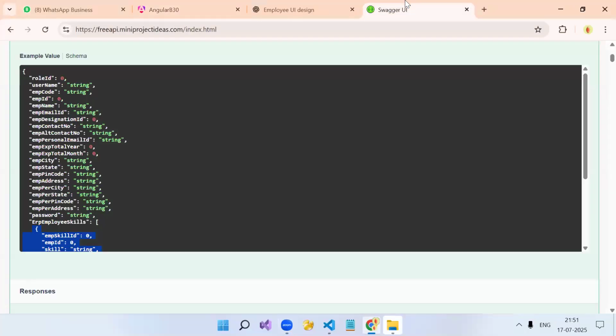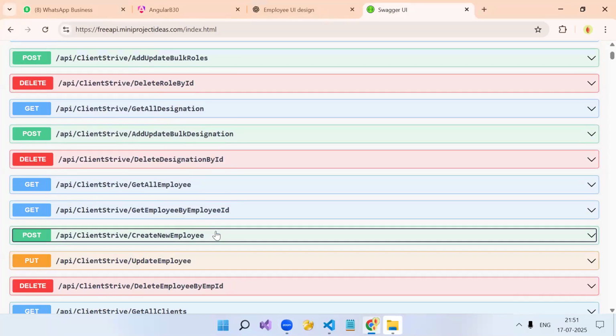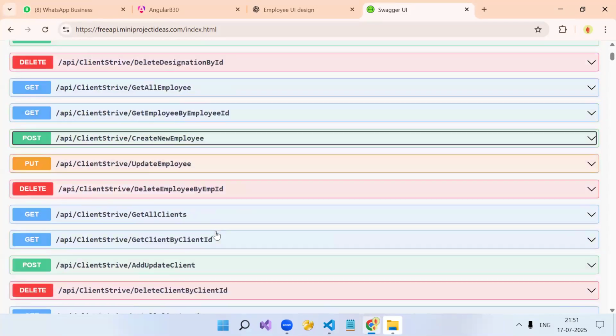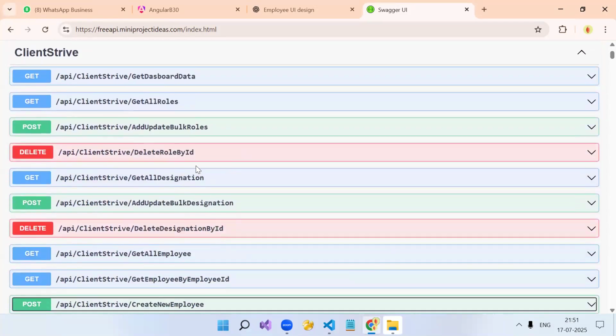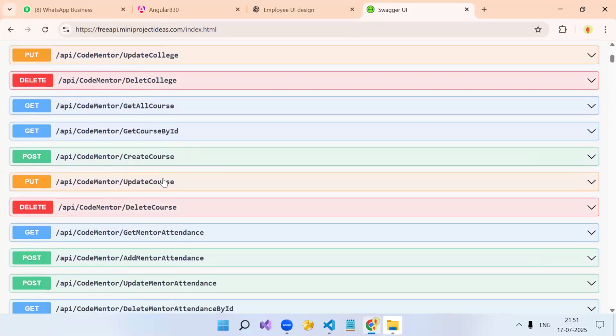See, for everyone, I'm repeating one more thing. When you get a task, suppose you are working on a project and you get a task. Let's see another API first.